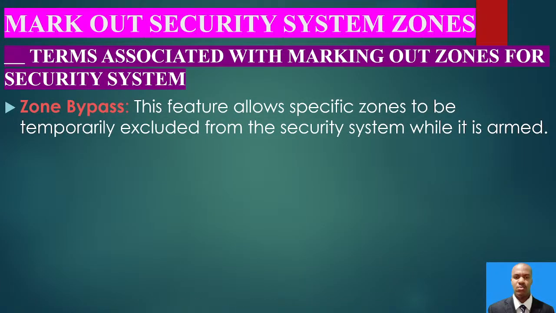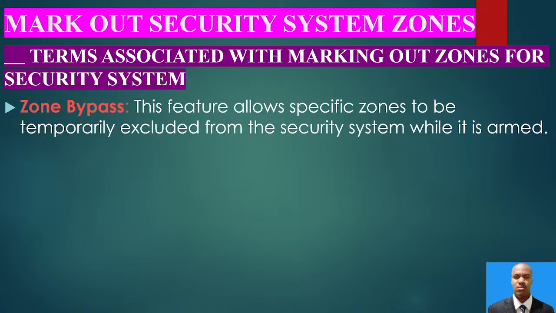Then the other term is zone bypass, and this feature allows a specific zone to be temporarily excluded from the security system while it remains armed. So bypassing simply means that as long as the security system is active and functioning, you can exclude some specific zones without affecting the other zones. So that means a specific zone's security can be switched off